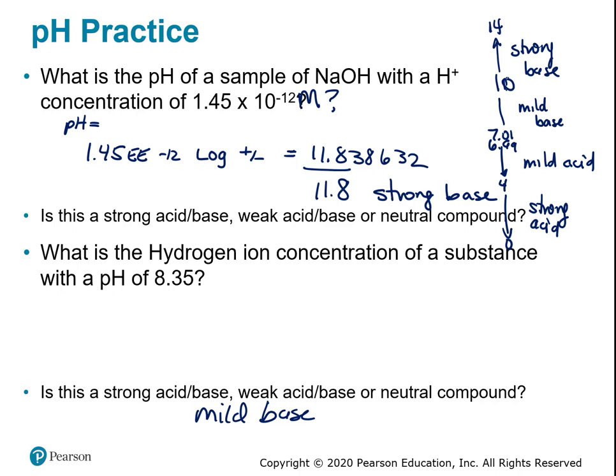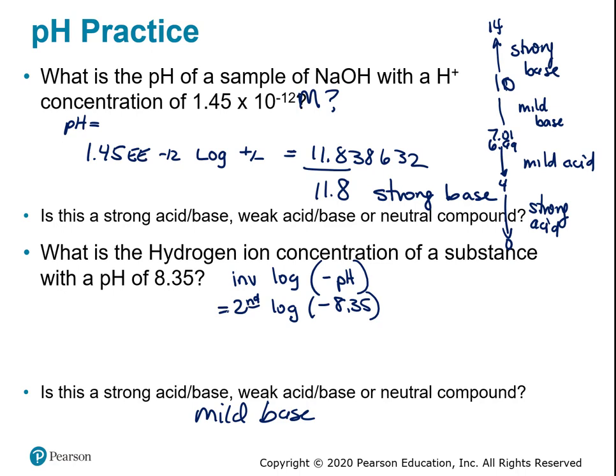Okay, so if I have an 8.35, to find the hydrogen ion concentration, I have to take the inverse log of the negative pH. So the inverse log, that is the second button, then the log button, and it's going to be a minus 8.35. Remember, when you do this on the new calculators, you have to put the number in first. Old calculators, put 8.35, make it negative, and then hit the second button and the log button. This one comes out as